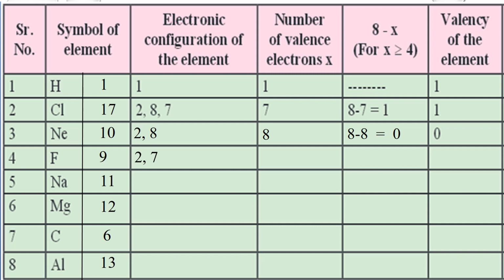Now 7 electrons are present in the outermost shell or in the valence shell. So that becomes my valence electrons, 7. Now again this is a number more than 4. So what you will do, you will solve it with the formula 8 minus x. So this is going to be 8 minus 7, which is equal to 1. So valency is 1. So how many bonds can fluorine form? Fluorine can form one bond with another atom during any chemical reaction.